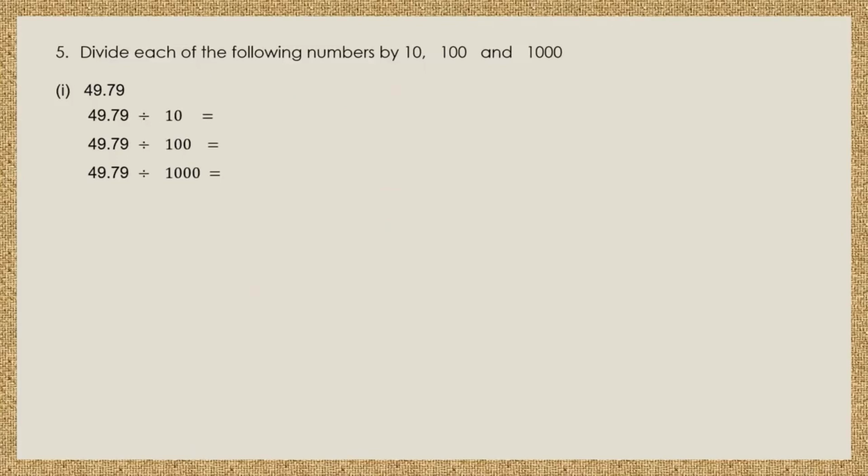Okay, now we're going to go on to question 5, which says, divide each of the following numbers by 10, 100 and 1000. So it's simple. Division by 10, we need to look at the zeros in the number. So here we have 1 0. So that means my point is going to move. When you divide or multiply by 10, 100 or 1000, your decimal point will move to the left or to the right. If it's division, it will move to the left. So I'm going to move my point one place from here to here. Okay, so one place. So my final answer will be